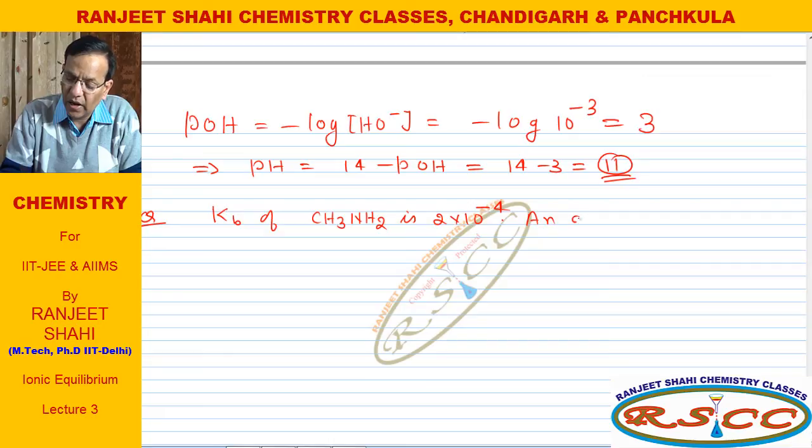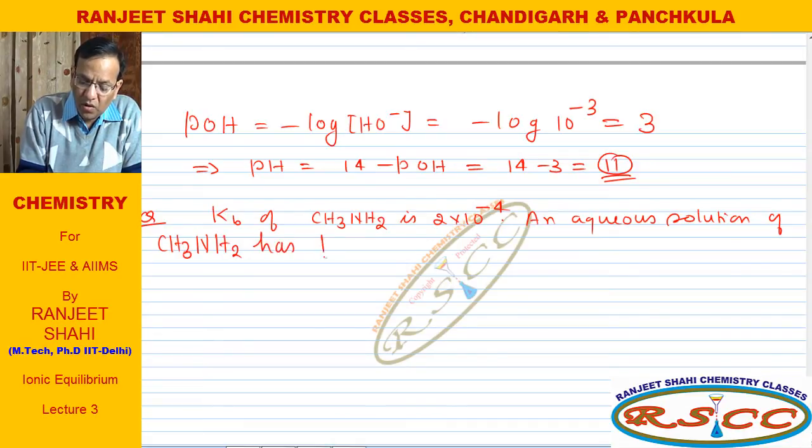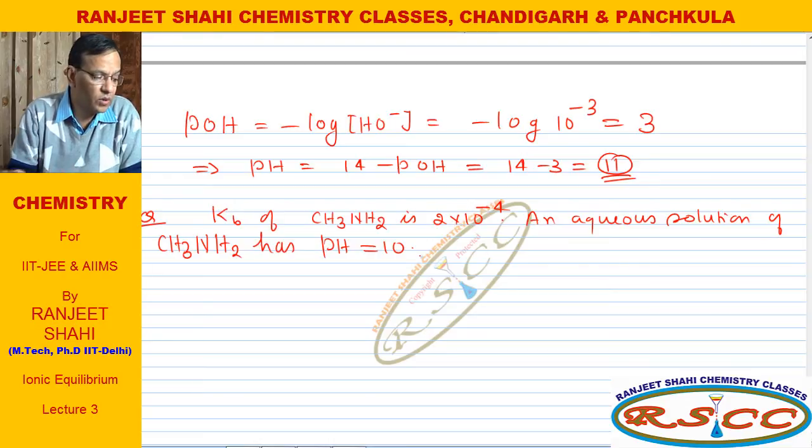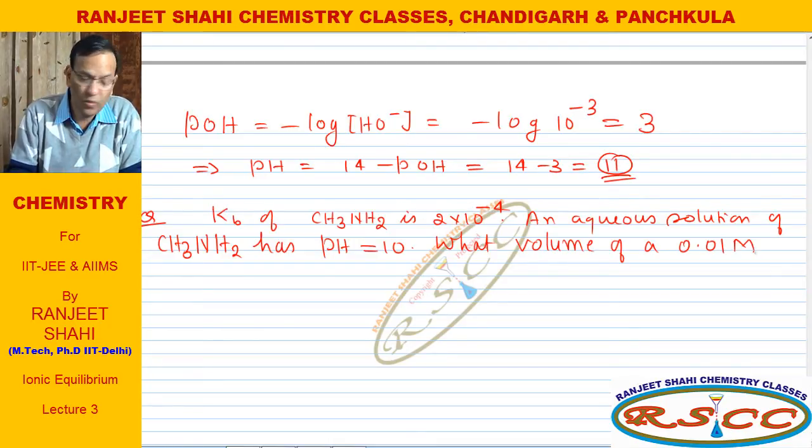Also given an aqueous solution of CH3NH2 has pH equal to 10. Now, what volume of a 0.01 molar HCl solution